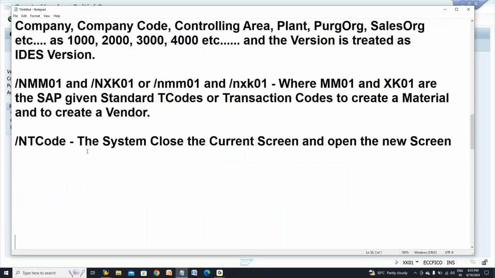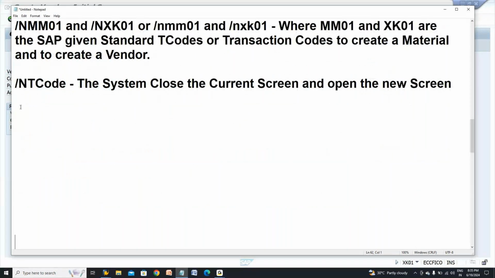The system closes the current screen and opens the new screen. I need both, which means I need material as well as vendor. If that is the case, /o_t_code. The system minimizes the current screen